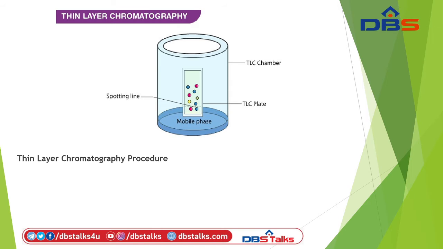See the figure, this is the thin layer chromatography figure. This one is the thin layer chromatography chamber, thin layer chromatography plates, spotting lines, mobile phase. That is the 4 parts of the thin layer chromatography procedure, one by one. Before starting with the thin layer chromatography experiment,